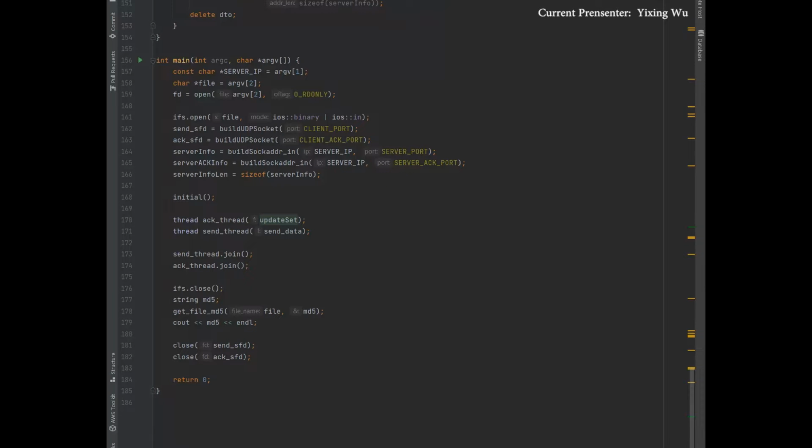Now I would like to introduce the source code of Lab 4. The server and the client both initialize two threads to transfer data. The first thread is used to transfer data in the char array, and the second one is used to transfer the ACK message, the acknowledgement message. And on the client side,